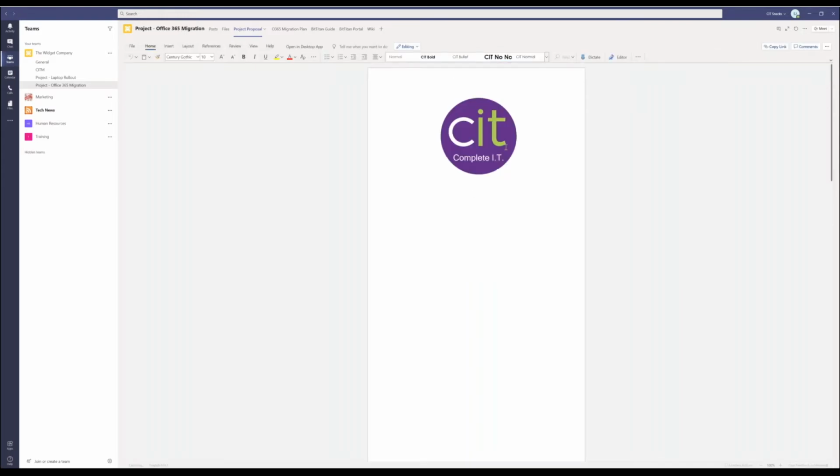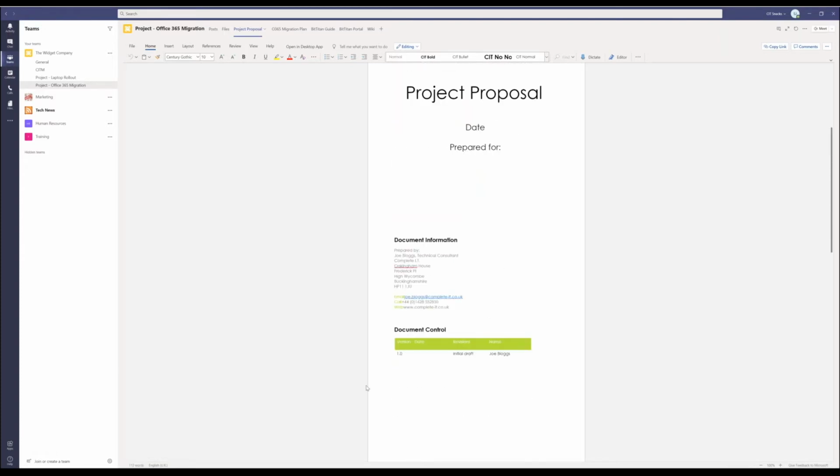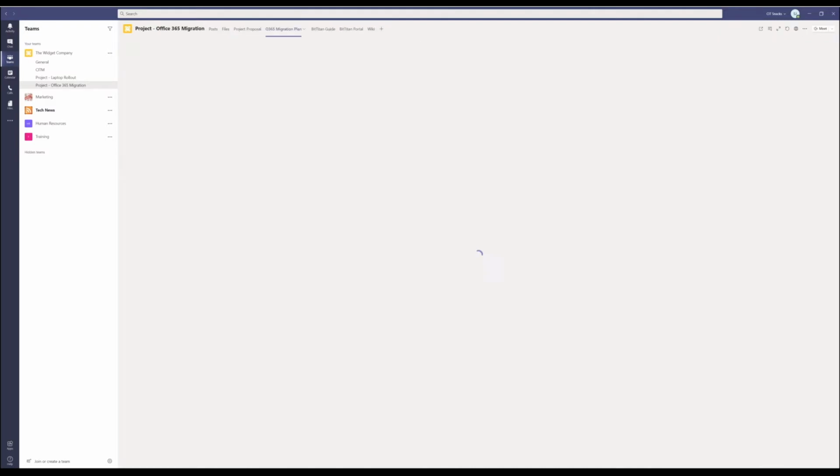It's just pretty much that document, because obviously it's just a demo, but then you can also use Teams as an editor. So if it's Excel, Word, etc., you can actually edit documents in here with your colleagues if you wish. We've then here got a kind of plan using Microsoft Planner.